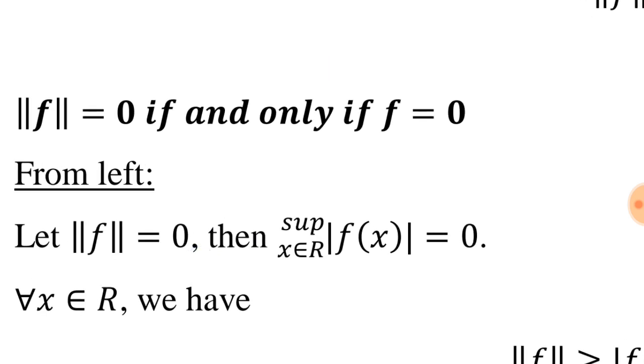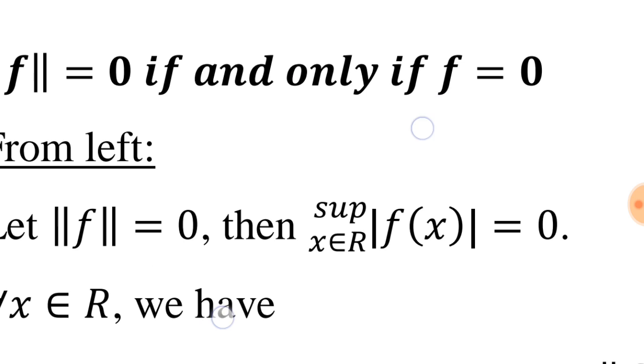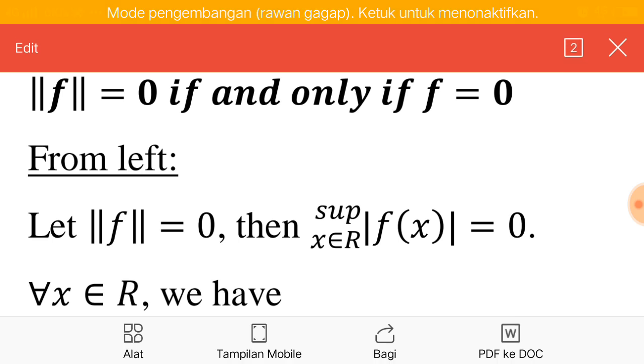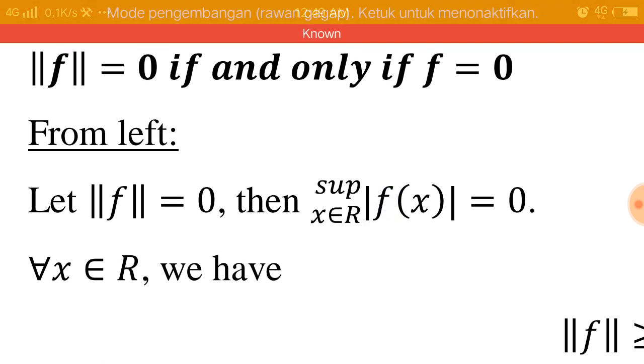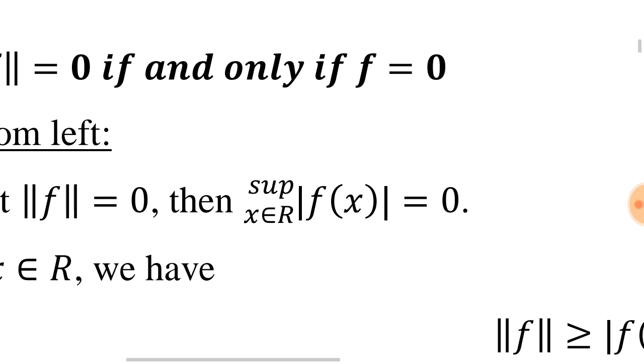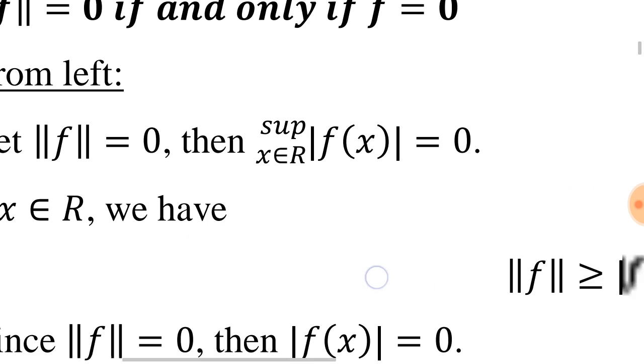The second condition states that the norm of f is equal to 0 if and only if f equals 0. Since this statement uses if and only if, we have to prove it from left and from right. From left, we will show that if the norm of f is equal to 0, then f is equal to 0. Let the norm of f be equal to 0. Then, based on the definition of the norm of f, the supremum of the absolute value of f of x, x an element of R, is also equal to 0, right? For every x an element of R, we have,